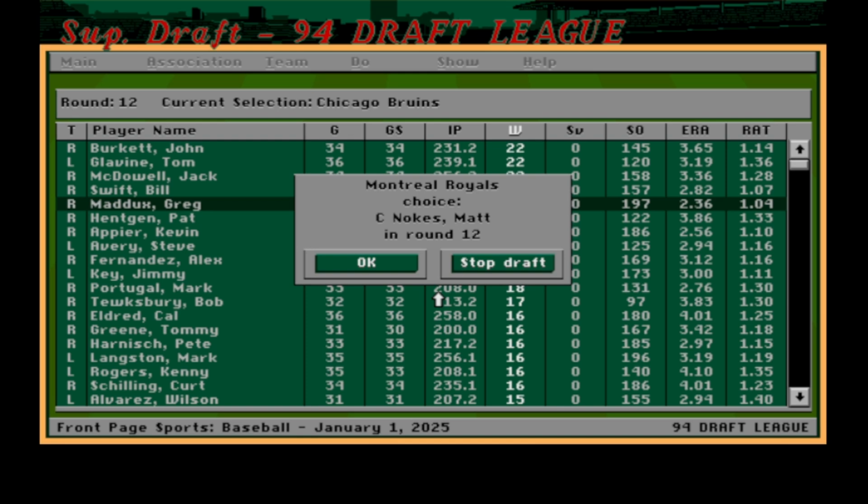Oh, one thing I noticed: I think I had mentioned earlier that I thought this was the 94 season, but based on the numbers, I'm relatively sure that this is the 93 season. I haven't drilled down on Baseball Reference and confirmed that, but I believe that to be the case based on some of the numbers I recall from my fantasy leagues back in the day. Pretty sure Cal Eldred with the 16 wins and the 4.01 ERA, and Bryan Harvey with his 45 saves. That was the 93 Marlins. So, at any rate,